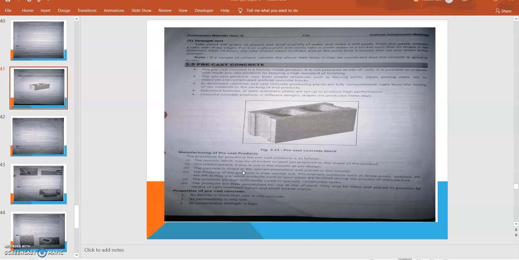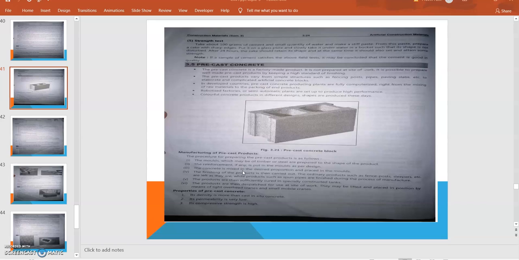After the desired completion period, the mold which has been filled with the concrete will get the required shape and size. After that, we put it for the curing period, and after the curing, we will get the block that will have the required strength and durability. That is the process of making precast products. After completion, we can fix it at a desired place where we want to tie it up or join this product.